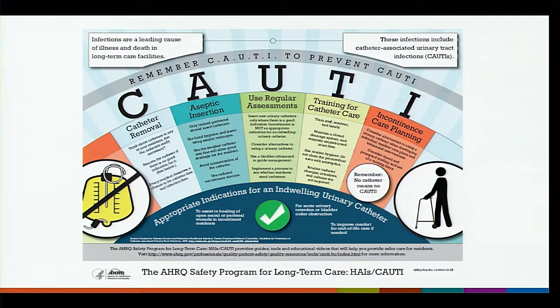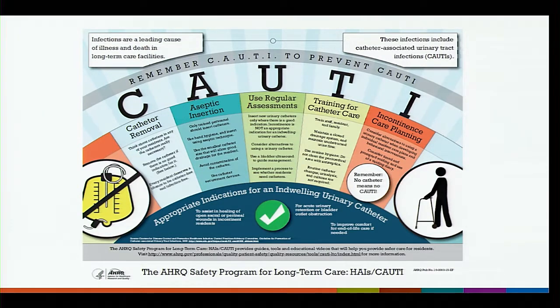And this is just some of the tools and graphics that they used, and I particularly like this one. Again, it focused on those 5 components. And there was a lot of fact-based information about appropriate use of catheters. We all know that we're not supposed to use catheters for incontinence, but I think it's still a really big problem. And so there's a big section on how to do incontinence care planning, what are the appropriate reasons for catheter use, and how to do regular assessments to make sure that catheters are taken out